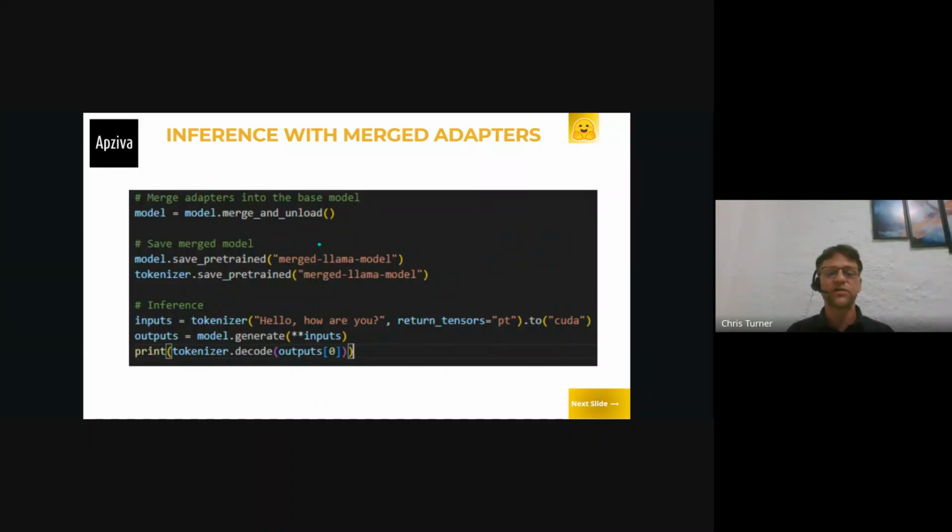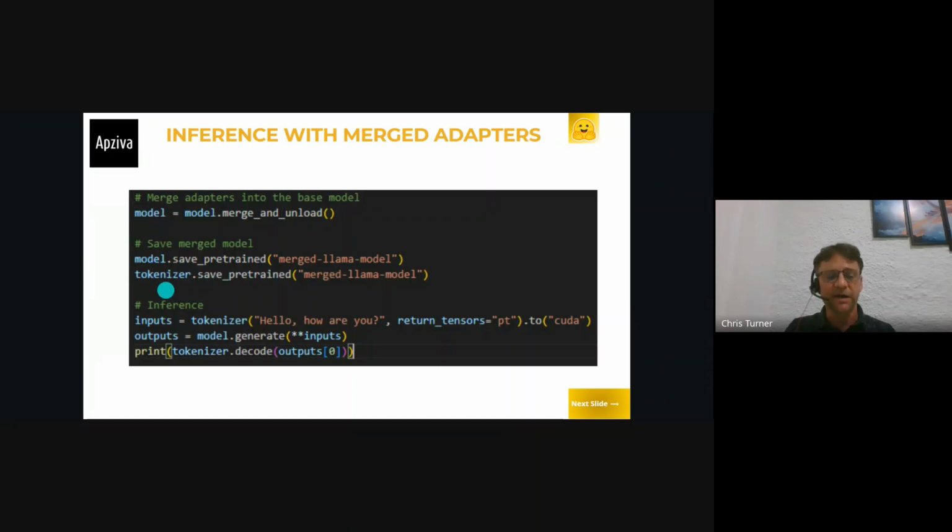We can also take the values in the trained adapters and merge those values back into the model, and then we can remove the LoRA adapters and then just do inference on the model with changed values of the base model. And so here we're changing those values with the merge and unload function, and we will get our model now.